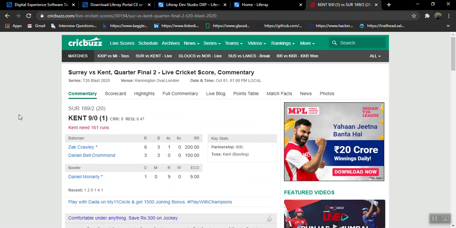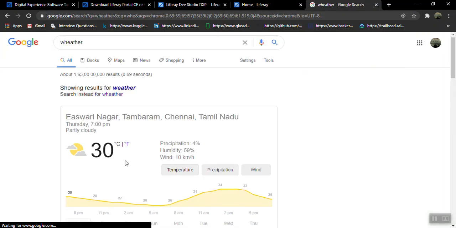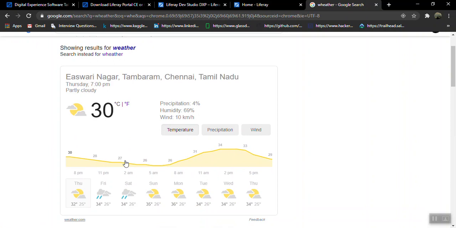So this is one of the uses of Liferay, and we can take different examples like the weather report. Every time the climate may change, here, without any refreshing, we'll get our temperature and the different options we need. Take the example of email also, same concept. It's a technology of Liferay. If I send a mail, the recipient who is receiving it does not require a refresh of his page. Sometimes we need a refresh, sometimes we do not require any refresh of our page.